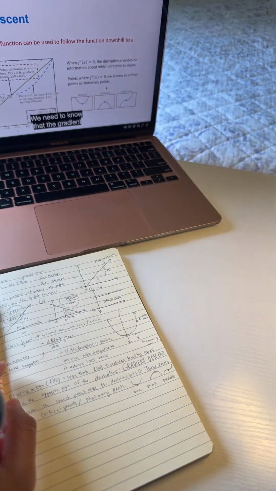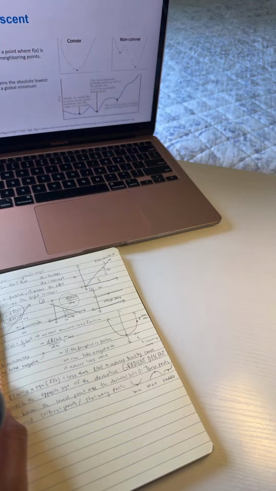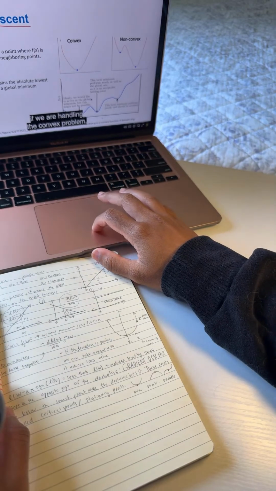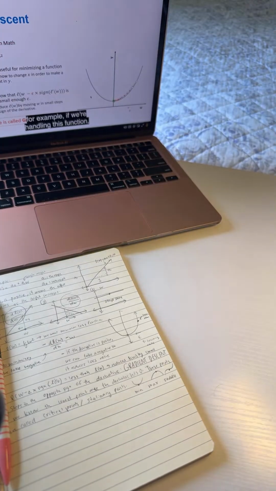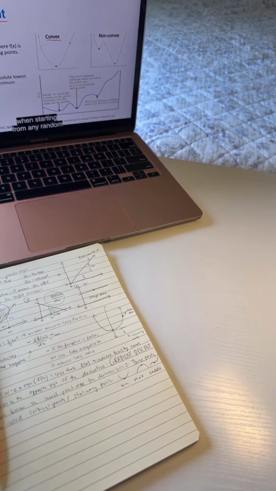We need to know that in gradient descent, we only rely on the gradient or derivatives. So this can help us solve the minimum problem, and also help us solve the maximum problem. Right? So in machine learning, with gradient descent, if we are handling a convex problem, for example, if this function is kind of a bowl-shaped function, this is what we call a convex problem. So when starting from any random initial point,